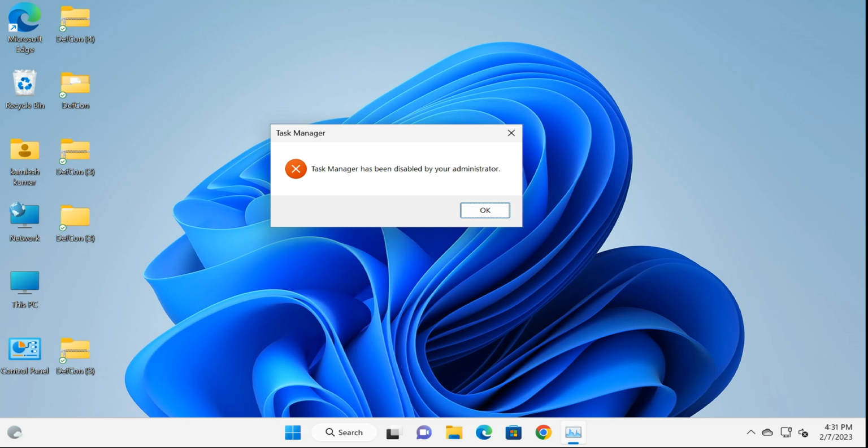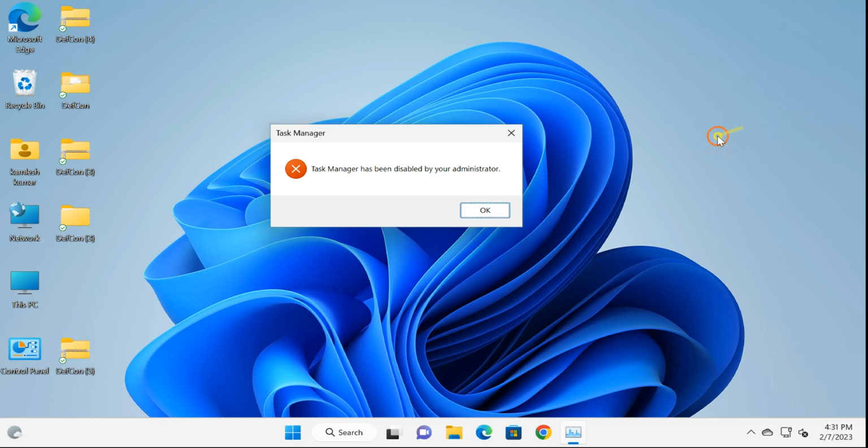So, if you are using Windows 11 Home, then I will leave a link. You need to enable local group policy on your Windows 11, and after that you can use either the group policy method or the registry editor method. So let me start. First, I will guide you with the registry editor method.